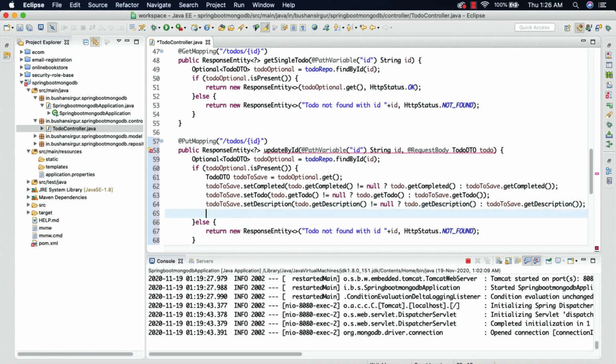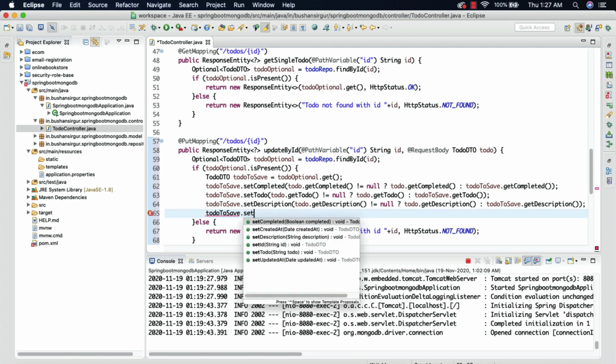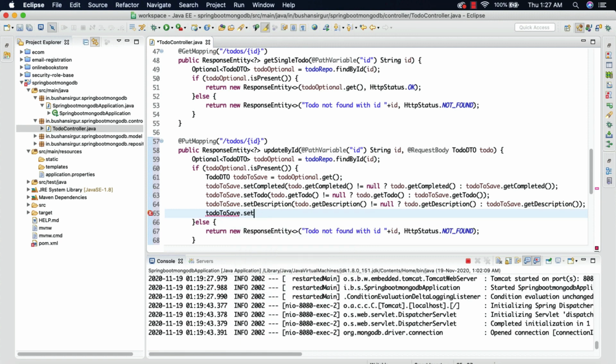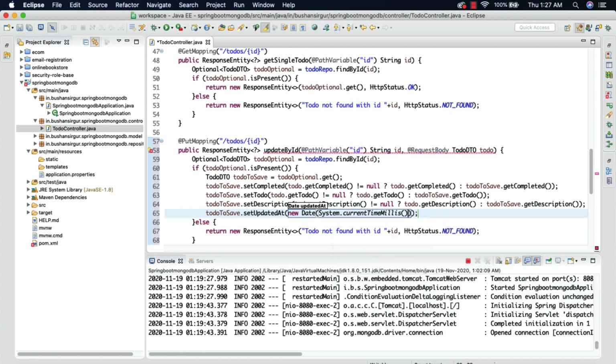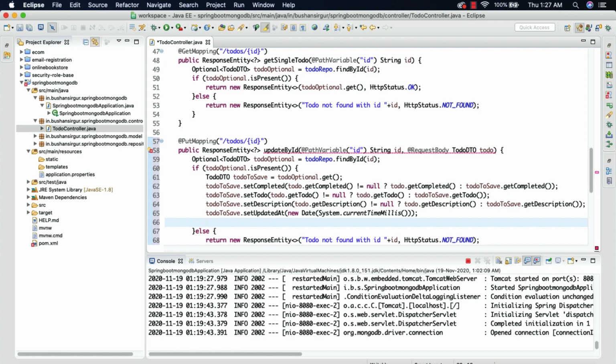and finally we are going to set the updated date. So todoToSave.setUpdatedAt, and we are going to create a new Date object, and we're going to pass the current time milliseconds, and finally we're going to save the data.